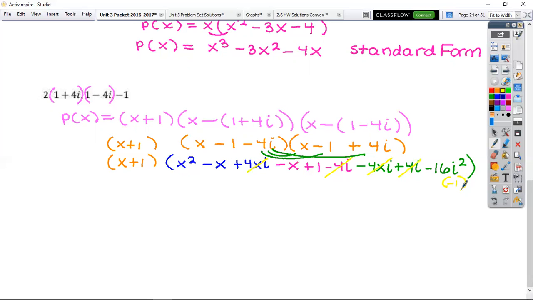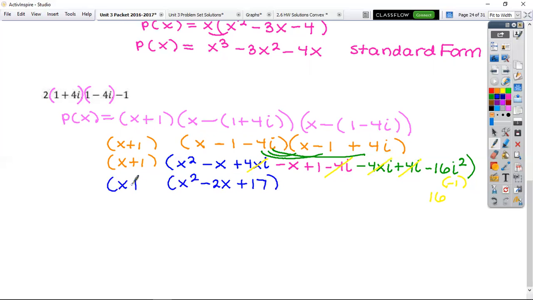So -16 times -1 means that this is 16 back here. So if I continue this, I would have 16 plus 1, so 17, minus 2x, and then x squared. So I have x squared minus 2x plus 17 that resulted from that,